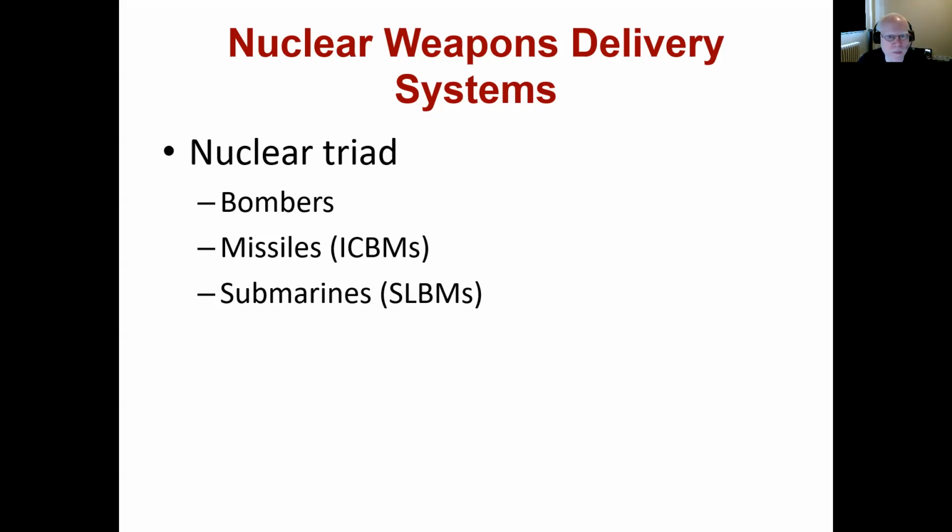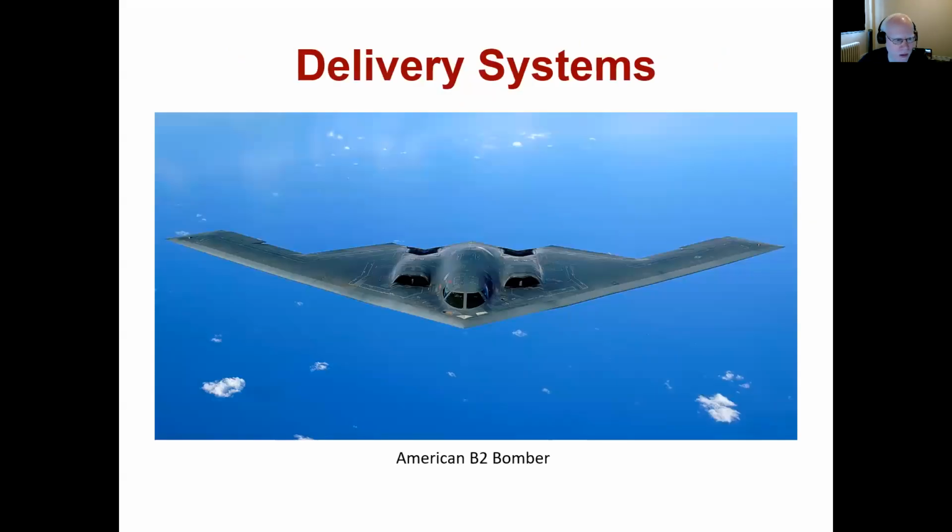So if you have some bombers that take off and fly with the missiles as soon as there's any threat, they're harder to shoot down. Then there are missiles on the ground, and missiles that can be delivered from anywhere in the ocean. It's much more difficult to hunt down and destroy all of the different delivery systems.